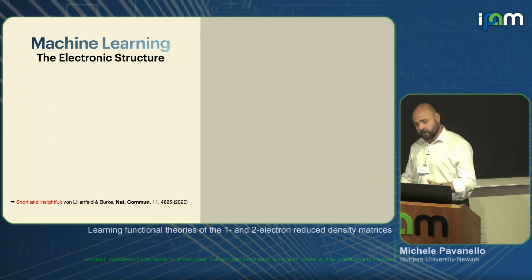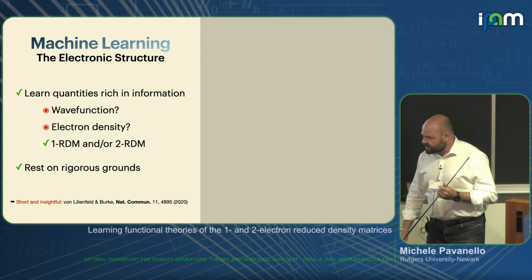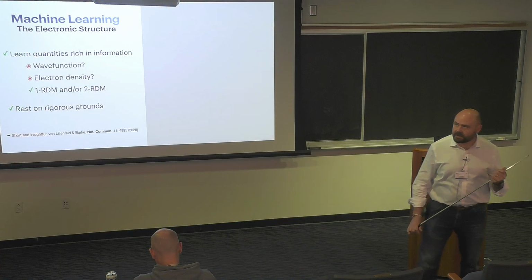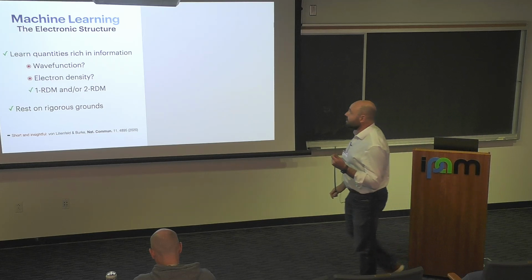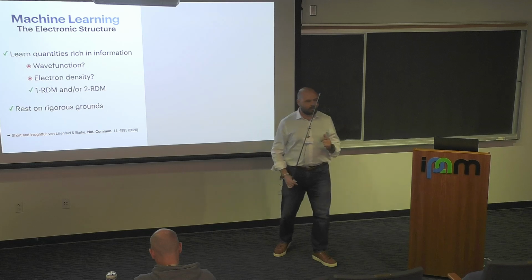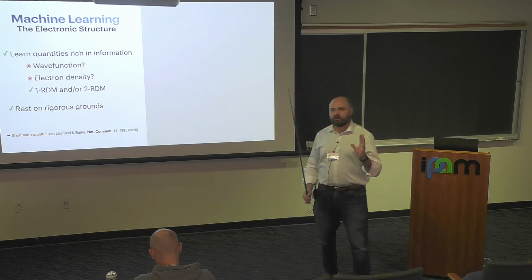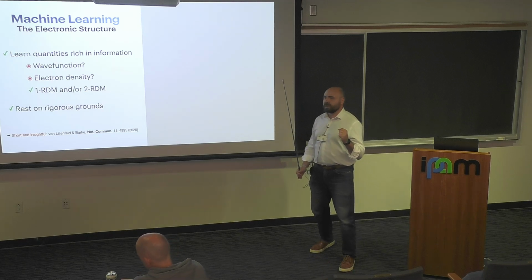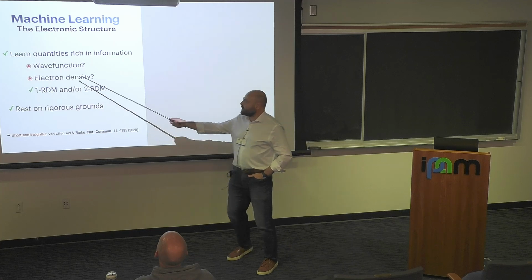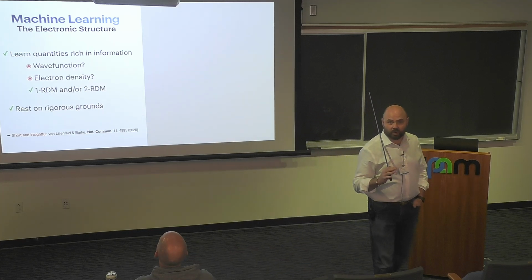Okay, so let's look at machine learning. What is it that we learn? Well, we need to learn quantities that are rich in the amount of information that they deliver. And I think this point was made already, that the reduced density matrices provide a richer set of information than just the density. You could say the wave function would really be the better quantity, but